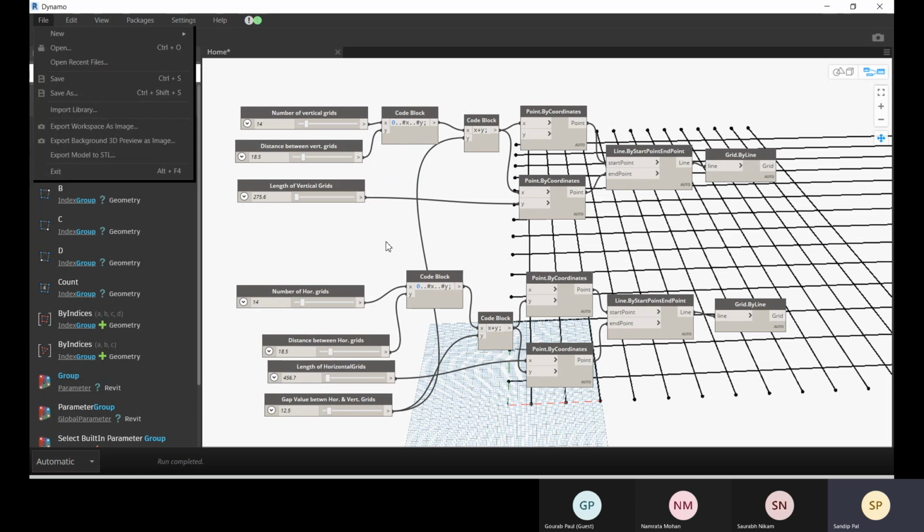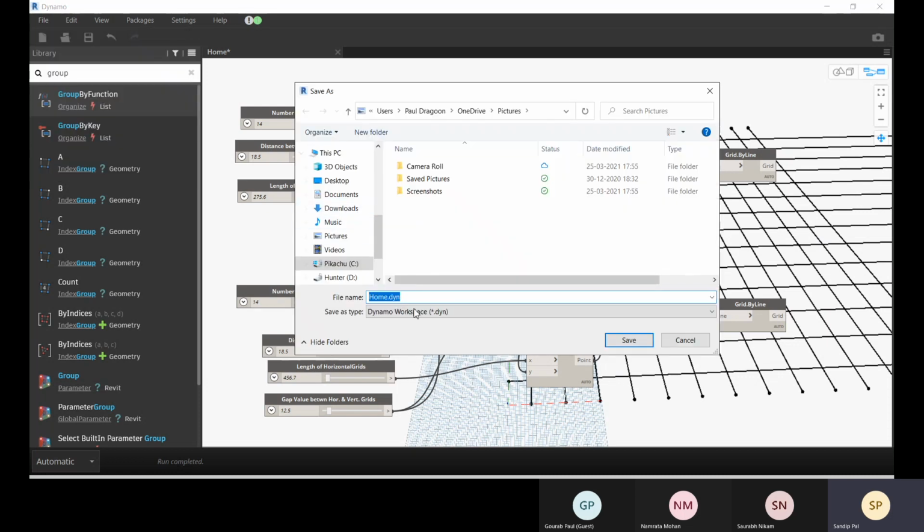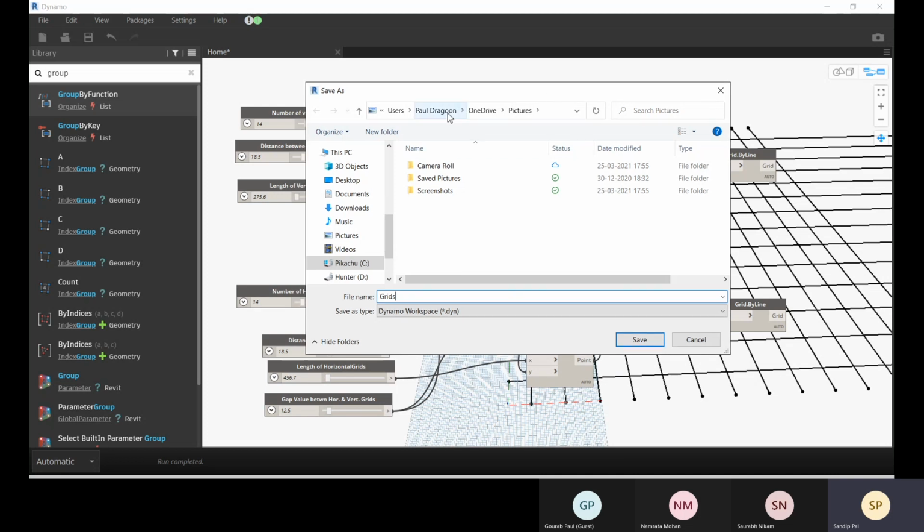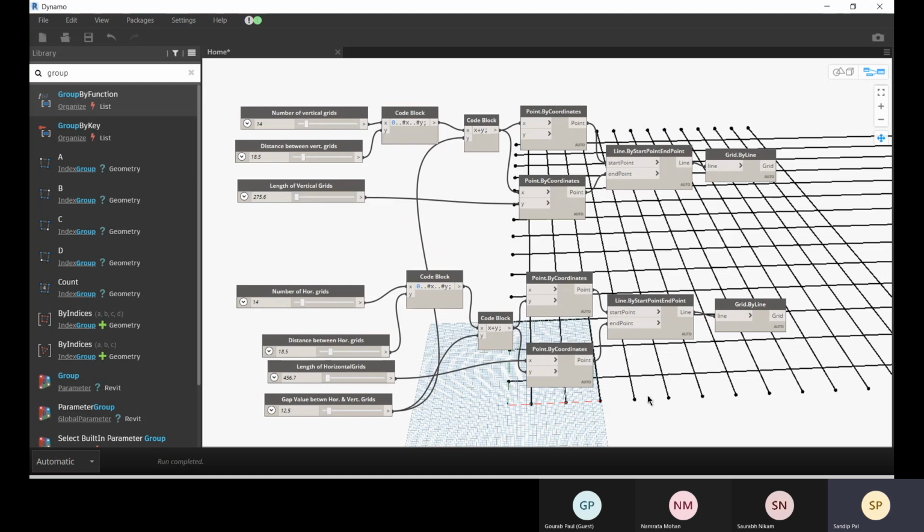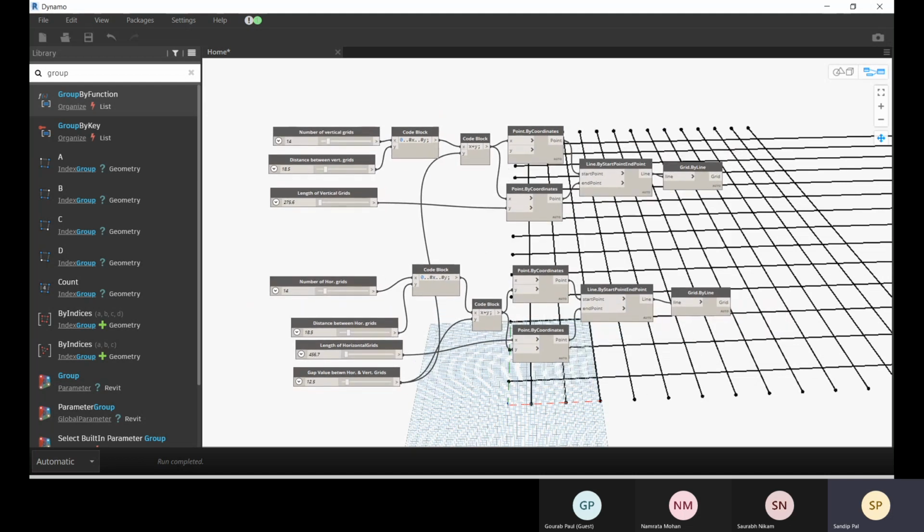And after that, you can save this. Go for save, like grid, and that you can run for each and every project. Creating all the grids will be easier after this. So this is your one-time investment. You have to invest your time only one time, and after that it will give you the result. You will get all the result. So I'm not going to save it. That's all. Practice this one for today.